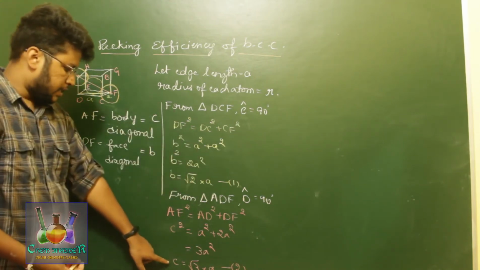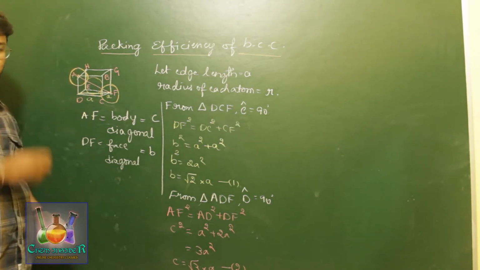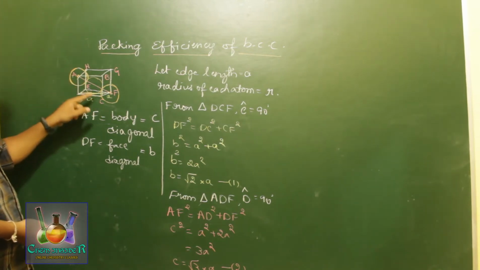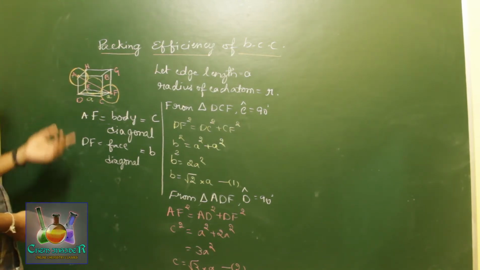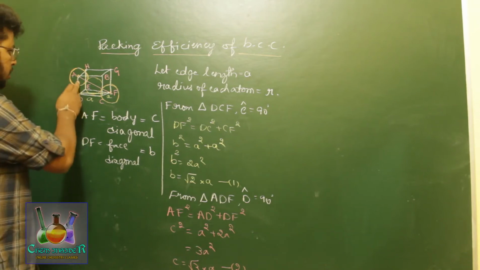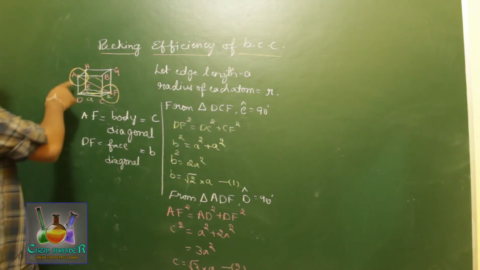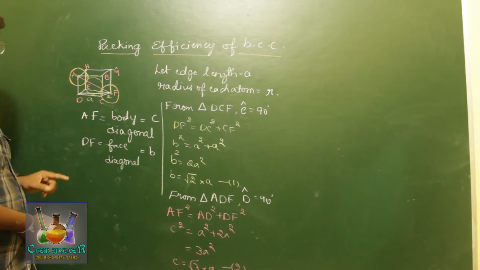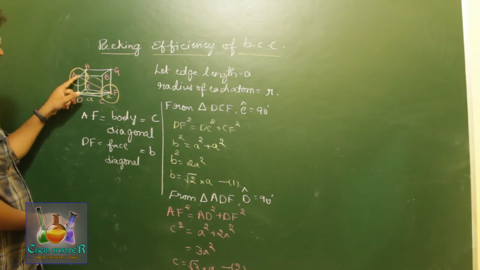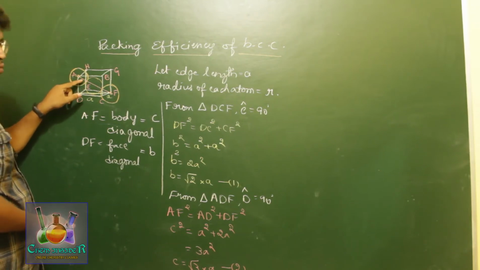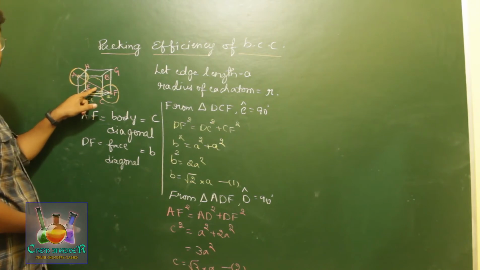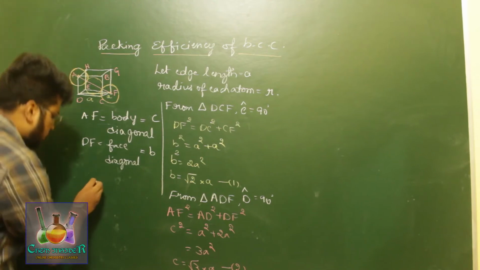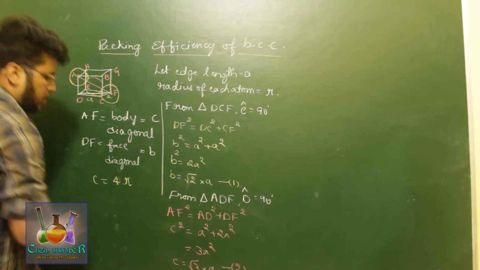Now, for knowing the exact value of C, in the previous FCC lattice we discovered that if we take a face diagonal having 3 atoms on the face, that value will be 4R. Similarly, if you take these 3 atoms which are on the diagonal A to F, from this point it is 1R, this is the diameter of the sphere 2R, and this is 1R. So totally there will be 4R. That is, the value of C will be equal to 4R.